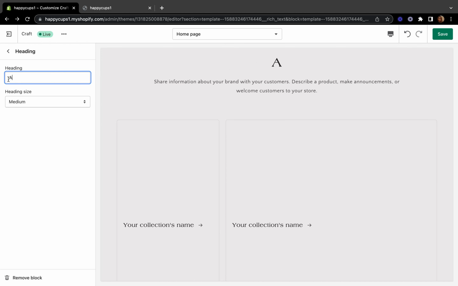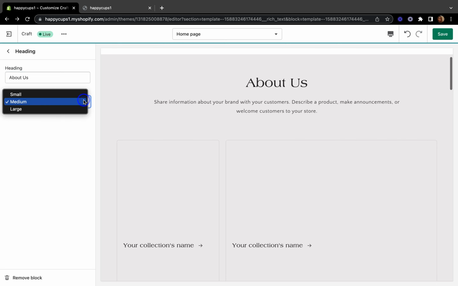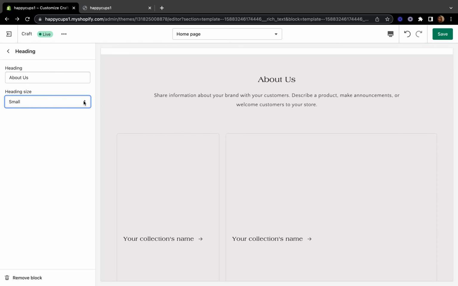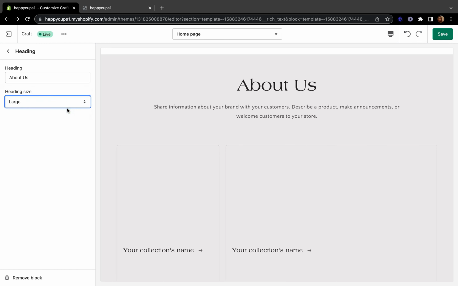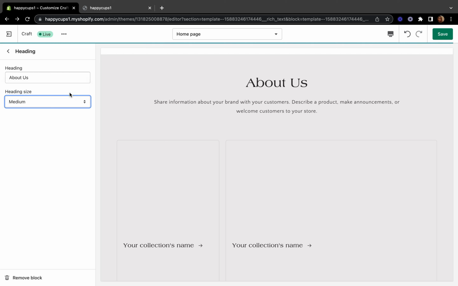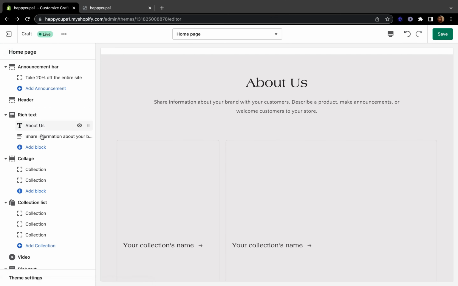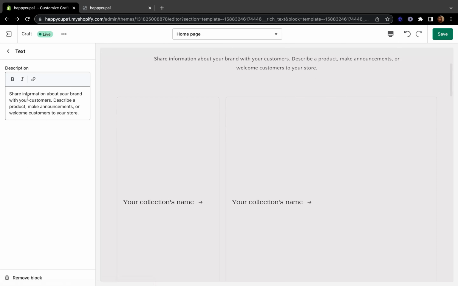So you can tell your customer maybe about us, and you can change the size of your heading if you want it to be small, medium, or large. So I'm just gonna pick medium, and then I'm gonna go back, and then here on the information you can click that and you can share information about your brand, like you can describe your products, or you can make